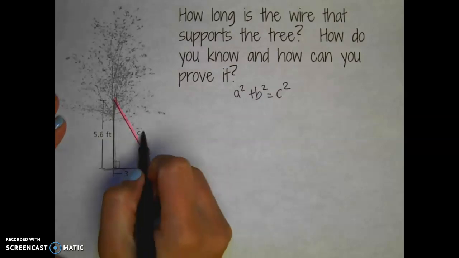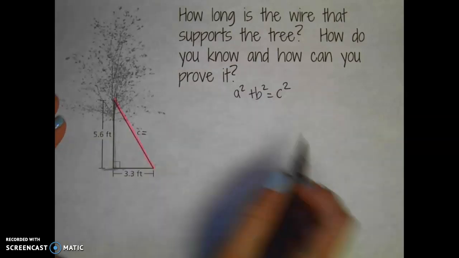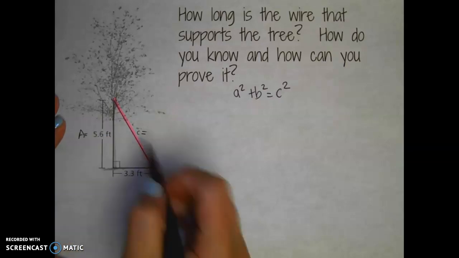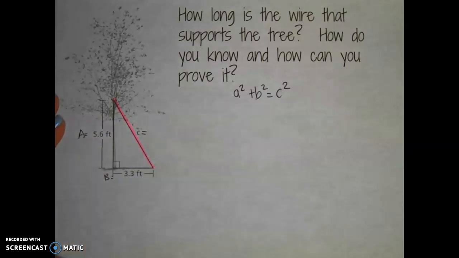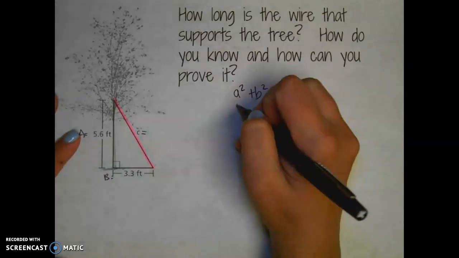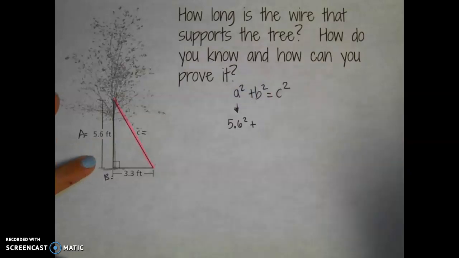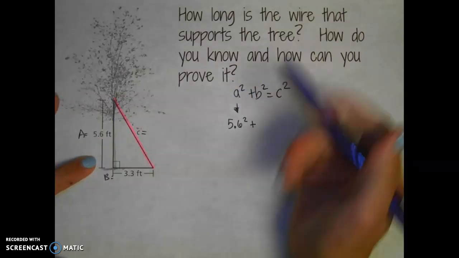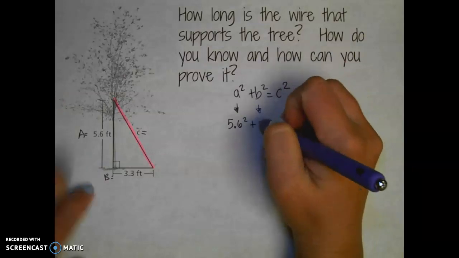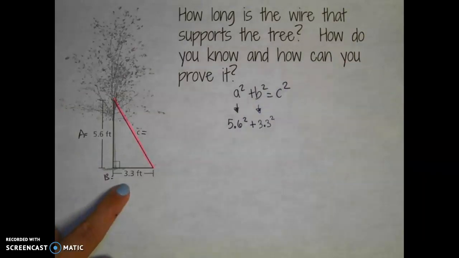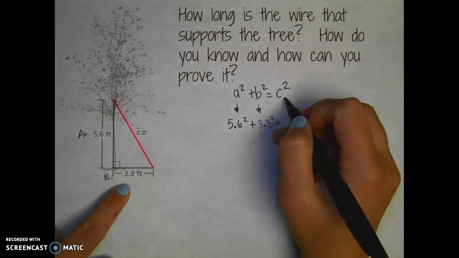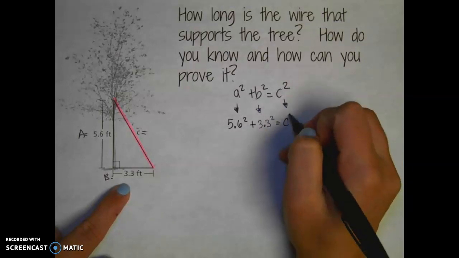I know that this is C, so I'm missing C. I'm going to label this one as my A and this one as my B. You could do either, but make sure that one of them is A and one of them is B, and definitely not C. So my A is 5.6 squared plus my B, which is 3.3 squared, equals, I don't know what my C is, so all I'm going to do is just bring it straight down,